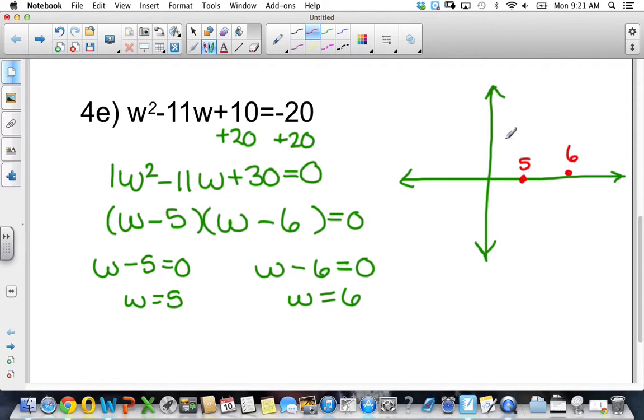Hence, the graph, the parabola, crosses the x-axis at those 2 points. These are known as the solutions, or the zeros, or the x-intercepts. So there are your two solutions. Factoring is a really easy method, or solving by factoring is really easy if you're good at factoring and if it's factorable. In the next section, we're going to do another method